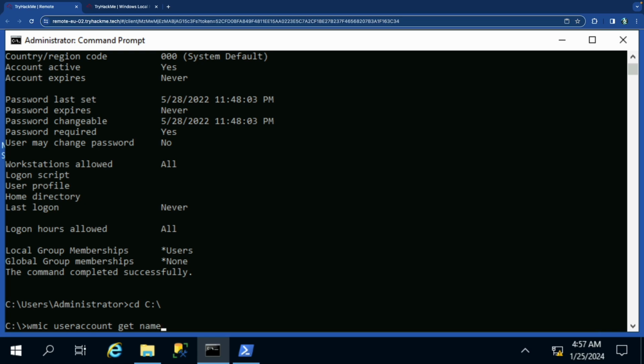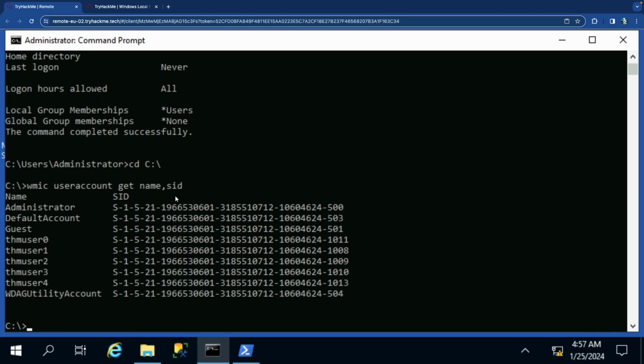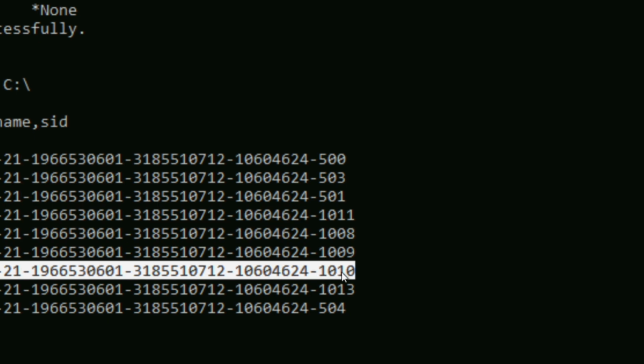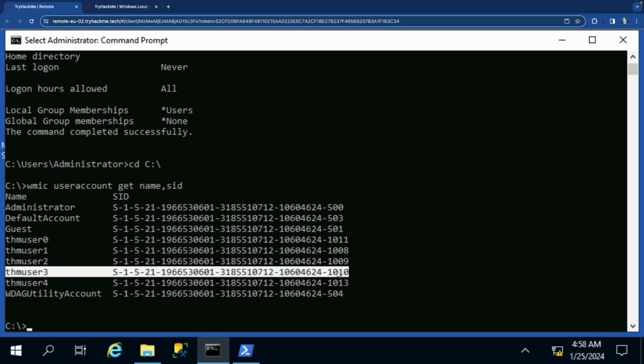First, you need to get the user account and then the name, the SID, which is also known as the RID. You need to get that information first so that you know what you're searching for to change it, right? So for user 3, in this particular task, we need to find them by 1010, and then we need to change it according to that one, right? So once we have that information, the first thing that we need to do is go to tools,